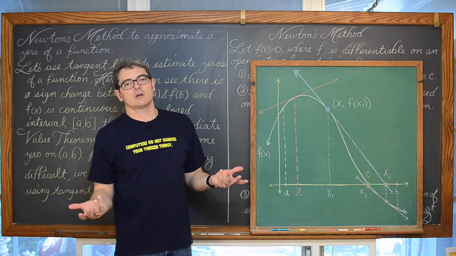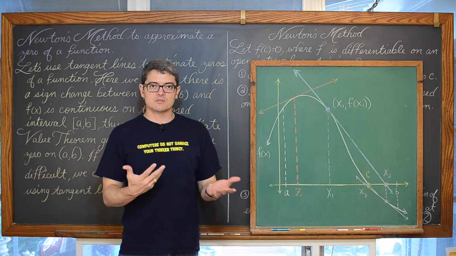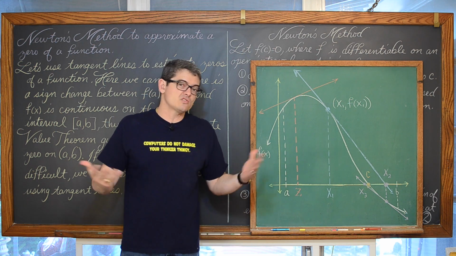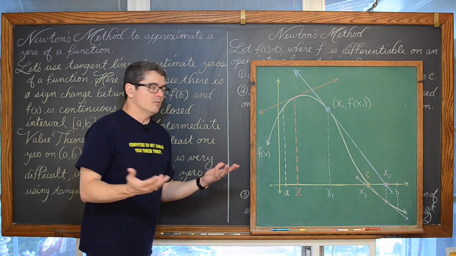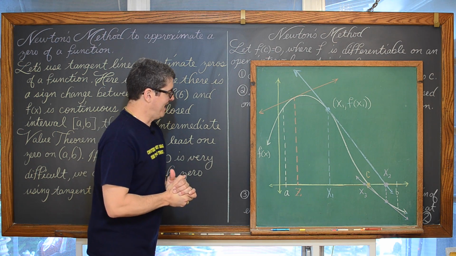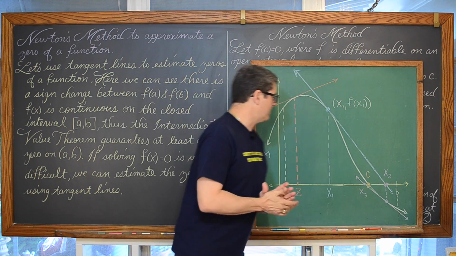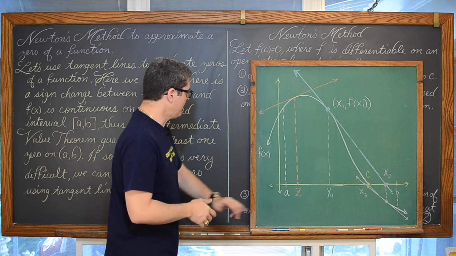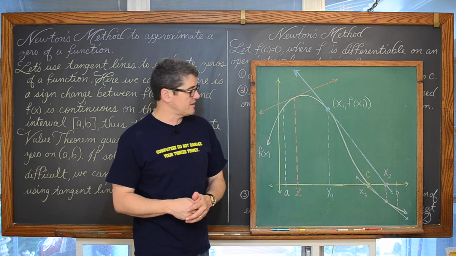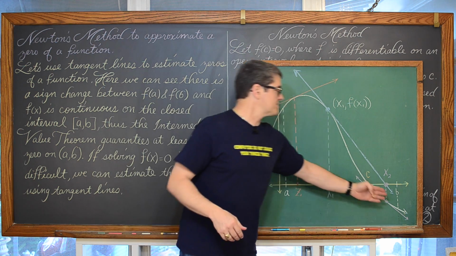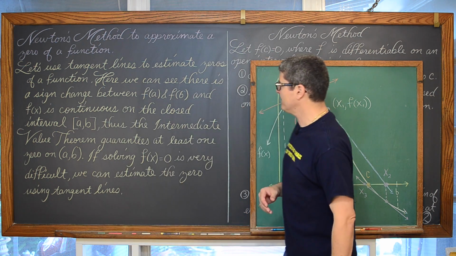But we're also going to be talking about and using derivatives. And we need to have a smooth function because you can't find a derivative at a sharp bend or a break, or other interesting points on a graph like that. So we have a smooth and continuous graph here, a function. And f of a is positive and f of b is negative. So there is indeed a sign change. So you can go from positive to negative, or of course vice versa.